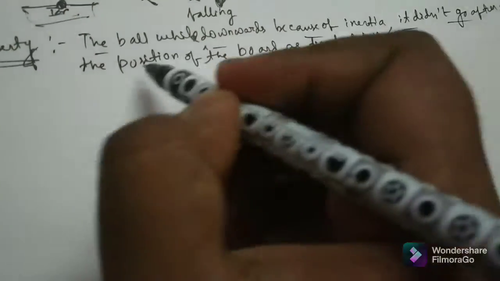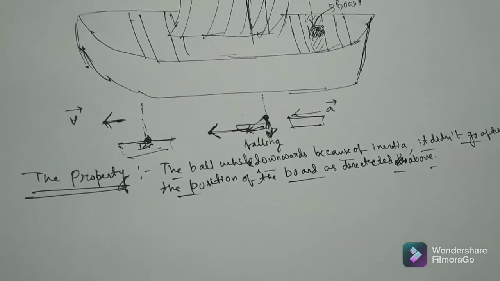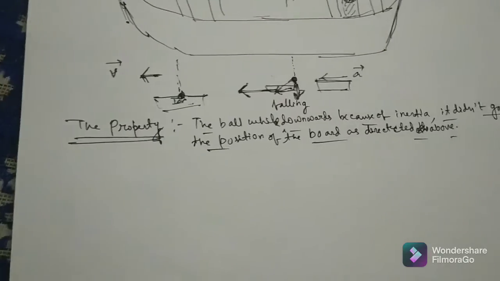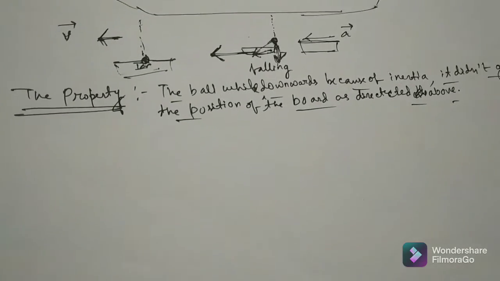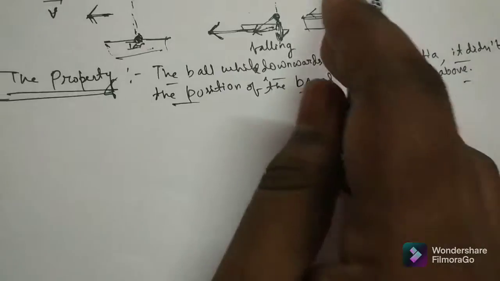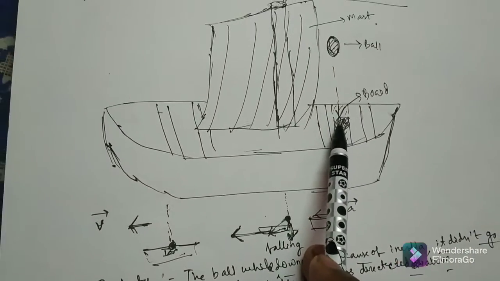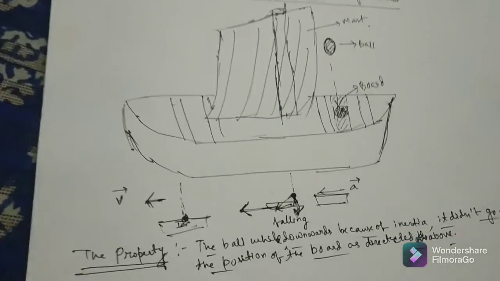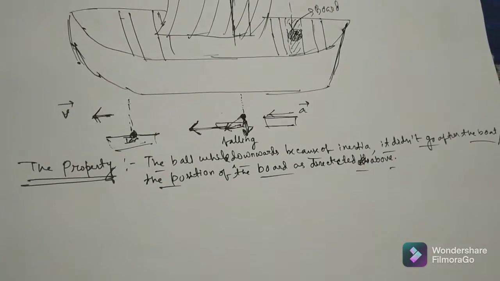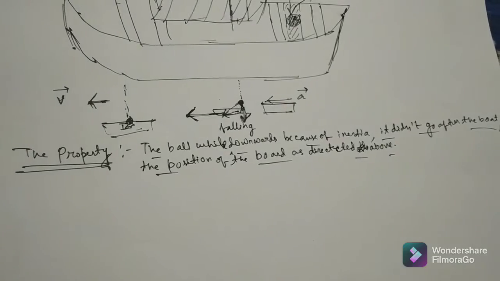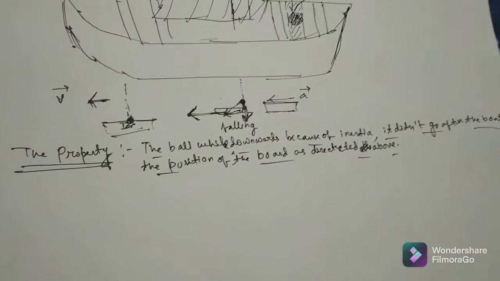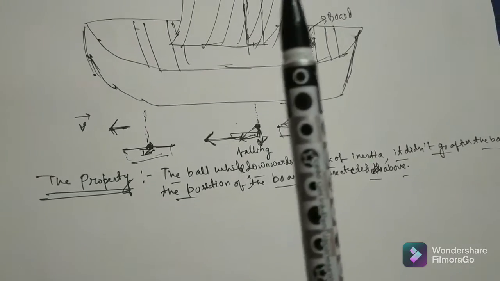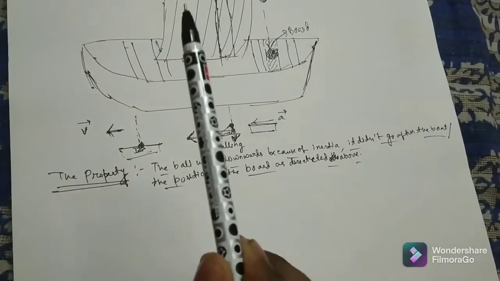This is the conclusion that he came to, that what prevented it. So the question we will ask ourselves is, what prevents the ball from just falling in the same position while the boat was accelerating? If you ask yourself such a question, then you can answer yourself that this was the property, the inertia, the fundamental property that we are discussing so long. This is what allowed the body to just continue in its straight direction.